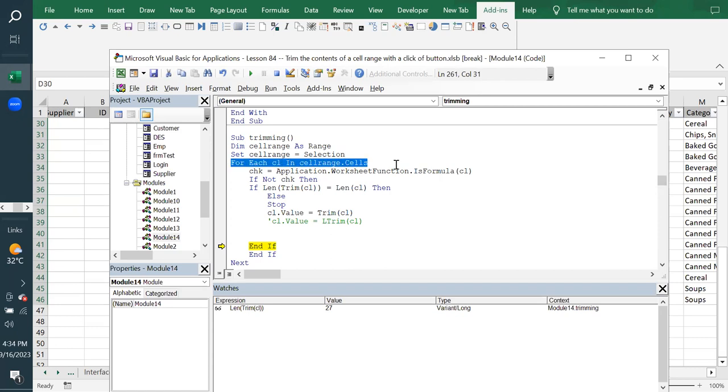So very simple logic, a simple thing: whatever the cell range, maybe one column, two columns, or the entire sheet, if you make a selection and you click this button, it goes through each and every cell in the cell range and checks if it is a formula. In case of a formula, it is not going to do anything because it is dependent on some other cell. So nothing will be done. If it is not a formula, it is a literal value, then it is going to check